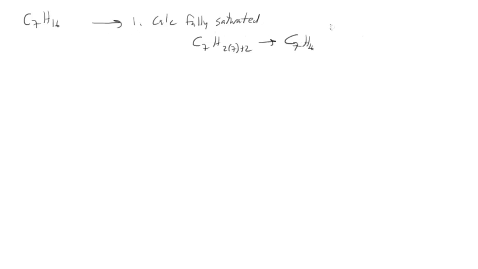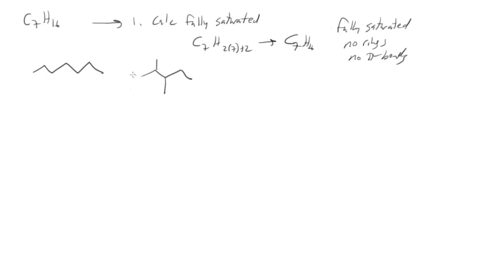So we could look at this one and say this is fully saturated. So now if you wanted to try and draw a structure of that, you know that it has no rings and no pi bonds. And you could make up a structure, 1, 2, 3, 4, 5, 6, 7. It could just be heptane, or you can make it somehow different as long as there are 7 carbons in it, no pi bonds, and no rings. What if I have